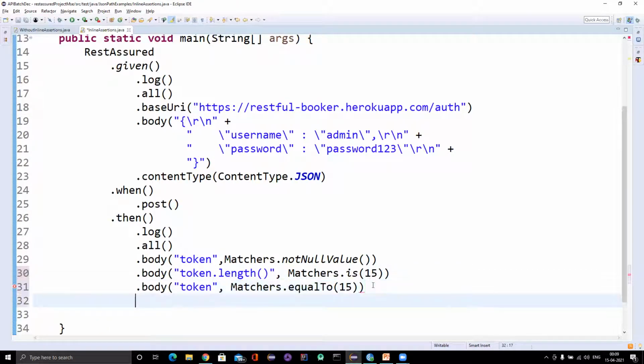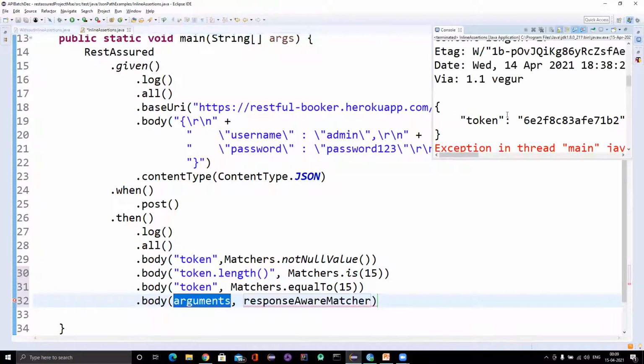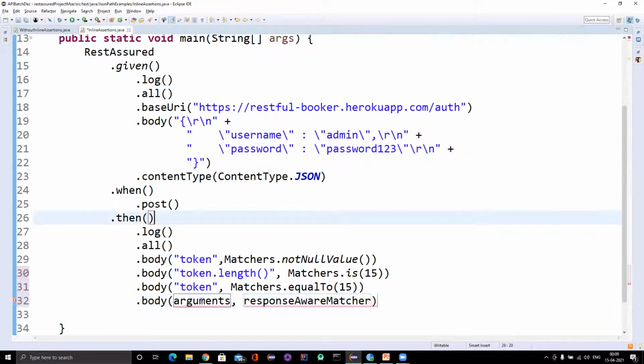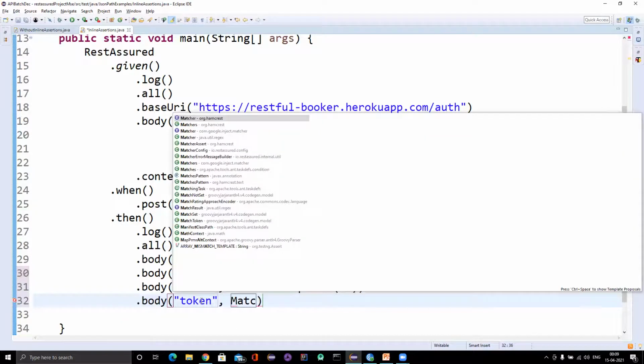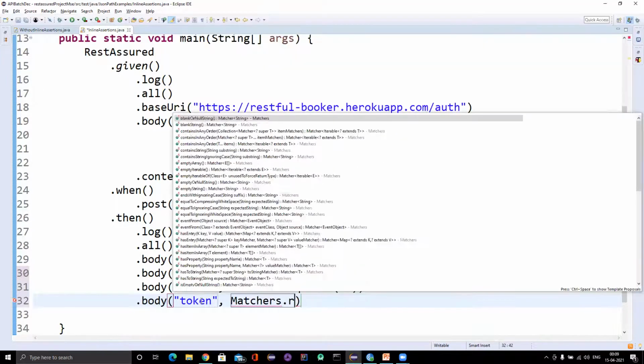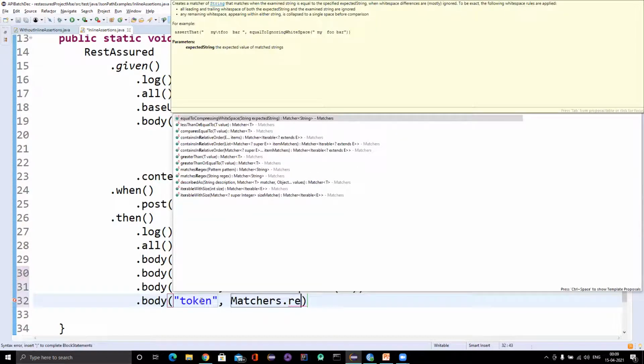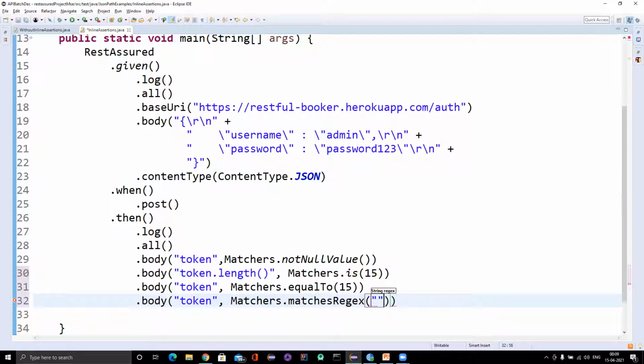We can put more assertions on the token. If you see the token value here, it is alphanumeric, so we can check that it should have only alphanumeric values. So we can have token, then in matches we have another method called matchesRegex. In the string, I want that it should have all the string values, right? What we can do,